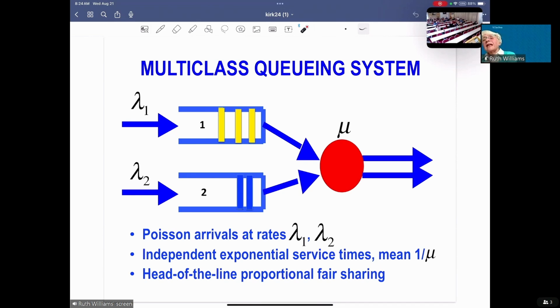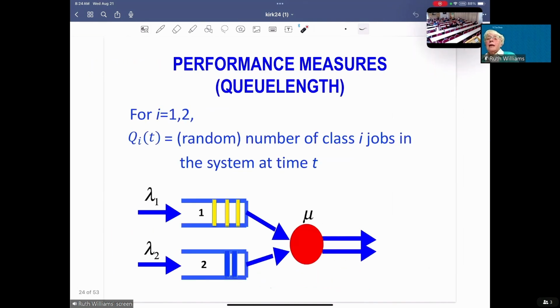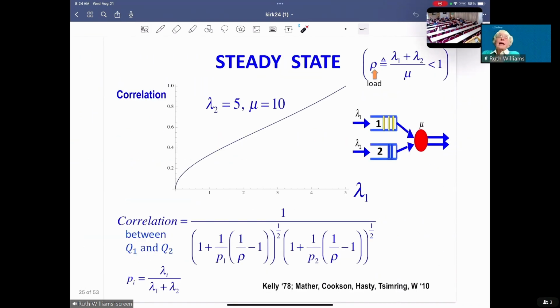So we'd like to understand the behavior of the queue length processes in this model with now this fair sharing protocol, and in particular, to understand how the queue length processes evolve with time. Now there's one queue length for each of the 2 types of jobs. And in fact, under the assumptions I've given here, these exponential and Poisson assumptions, you can analyze this model in